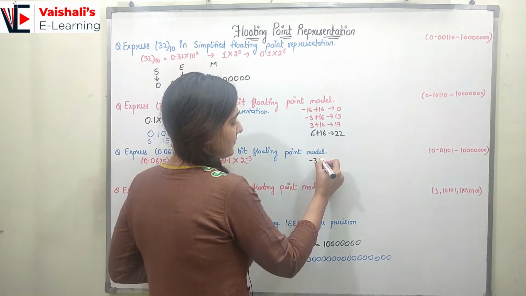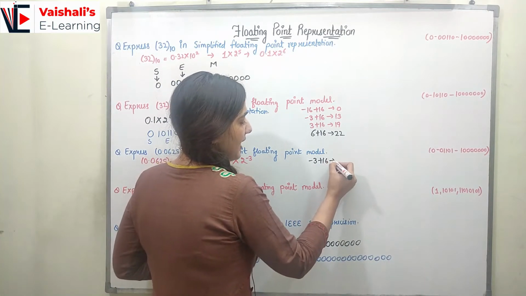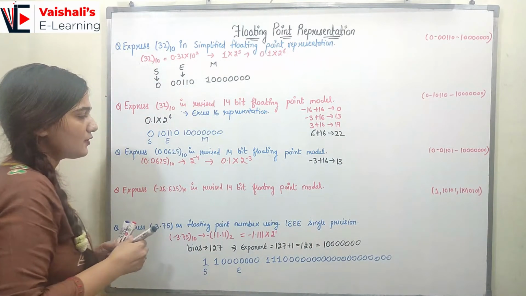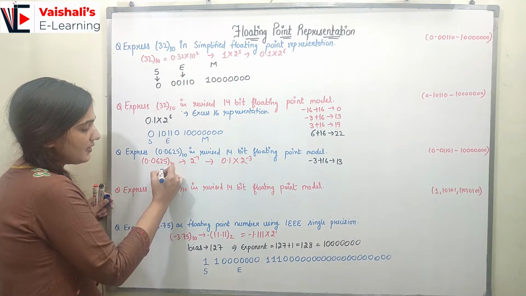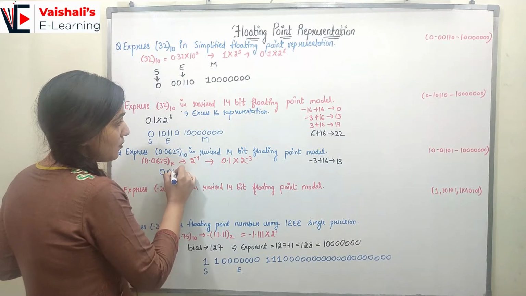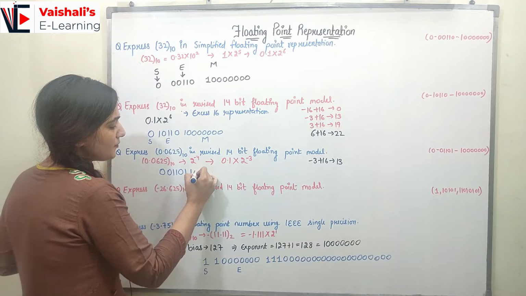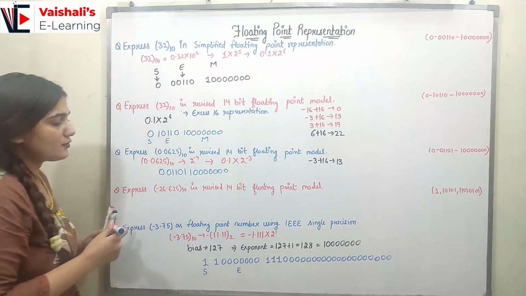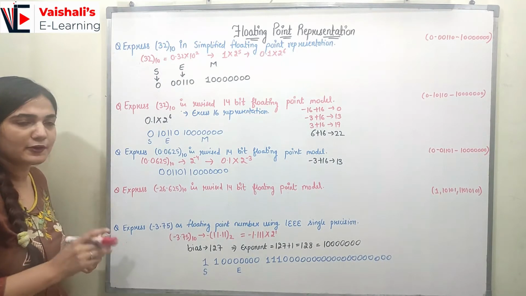So power over here is minus 3, which is added to 16, and if I subtract 3 from 16, I will be having 13. So now here I have the sign bit. Sign bit is 0 because this number is positive, and after that the exponent. The exponent is 0, 1, 1, 0, 1, and now the Mantissa would be the same: 1, 0, 0, 0, 0, 0, 0, 0, right? So in this manner we can express 0.0625 in the revised 14-bit floating point model.